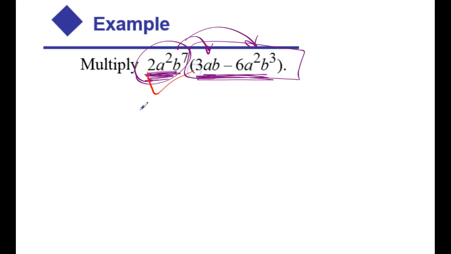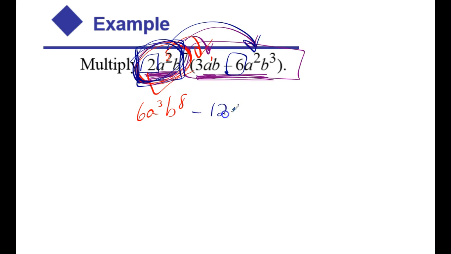2 times the 3 gives you 6. A squared times a to the 1st is a cubed. B to the 8th. So that's this times the first term. Now let's repeat this process and do this times the second. So 2 times the negative 6 gives me negative 12. A squared times a squared gives me a to the 4th, and b to the